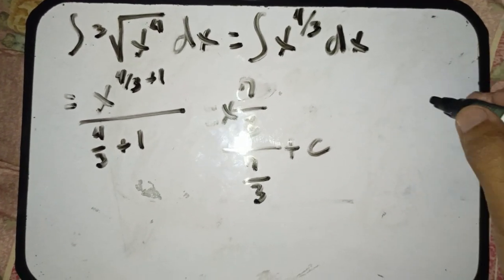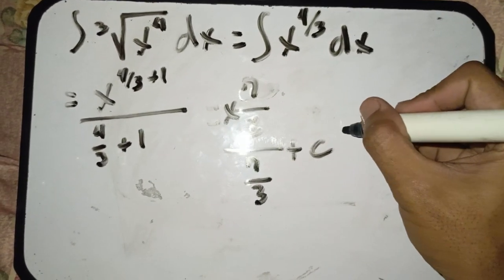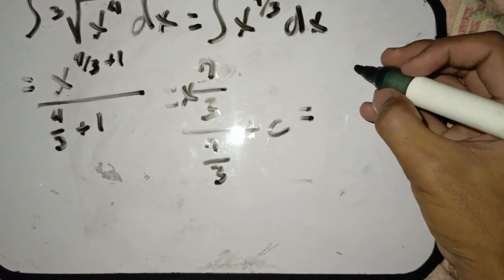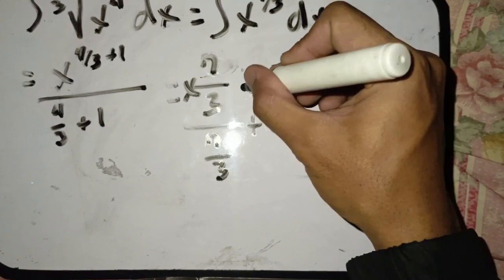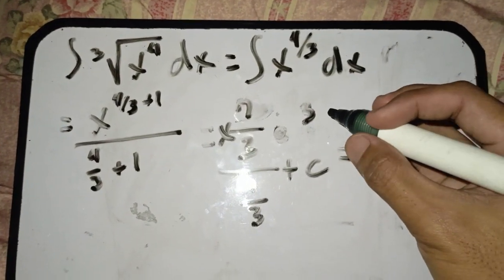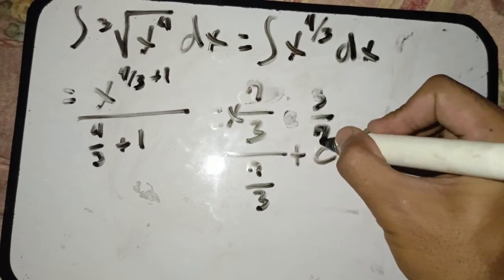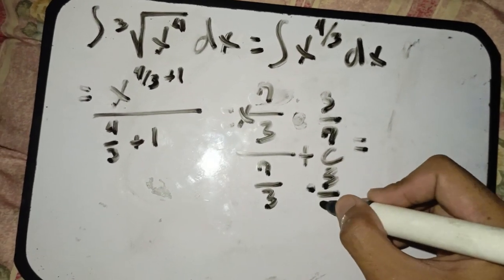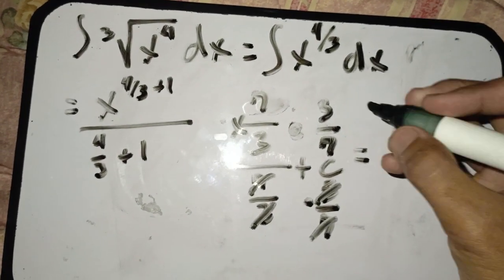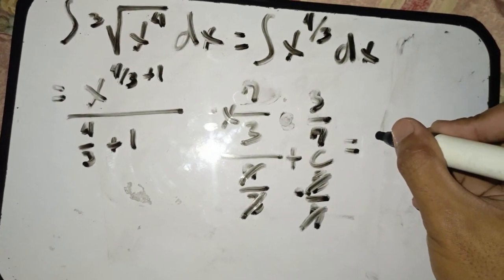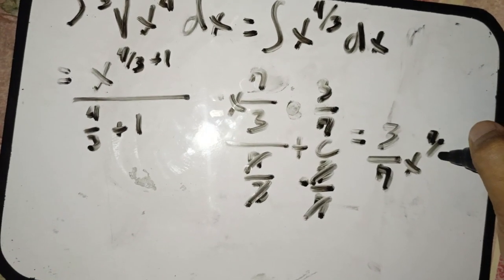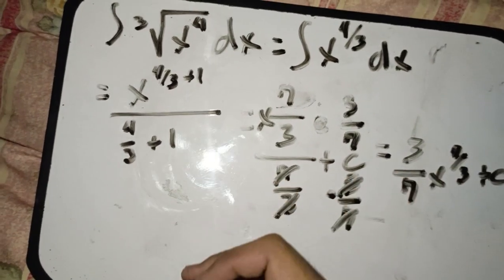So if we compute that, the final answer is going to be 3 over 7 x raised to 7 over 3 plus c,